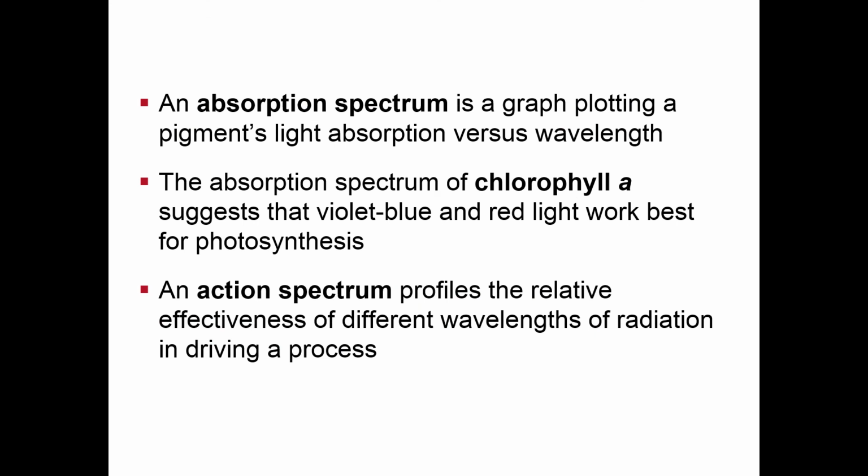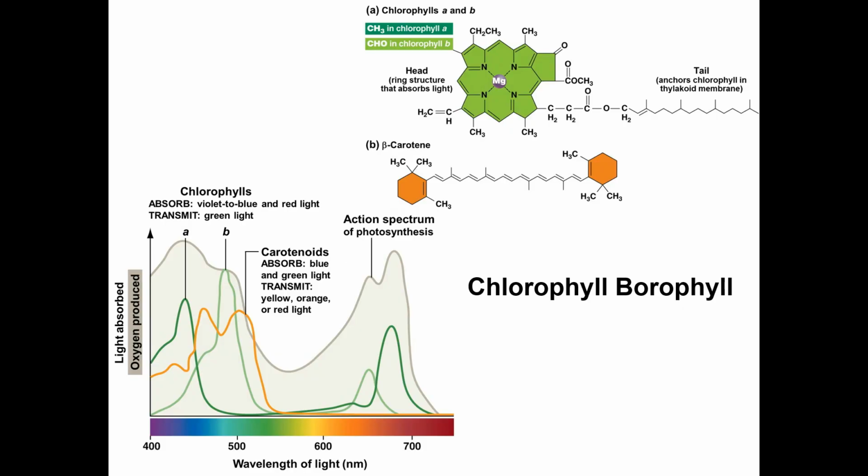Alright, so we can put this to use. We can develop a graphical representation of the different wavelengths of light that each particular pigment molecule utilizes, and how well it utilizes that particular wavelength of light. And we could tie this in with photosynthesis and the rate of photosynthesis, and which wavelengths of light are most utilized for photosynthesis and which are not. Alright, so